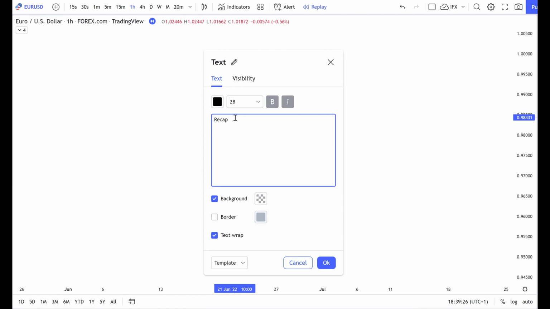Now, just a little recap here. It's important to understand where you are relative to the higher time frame. Don't ever lose sight of that. Secondly, understand the bigger picture in the sense that